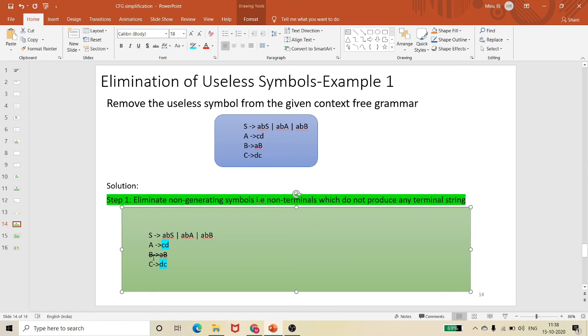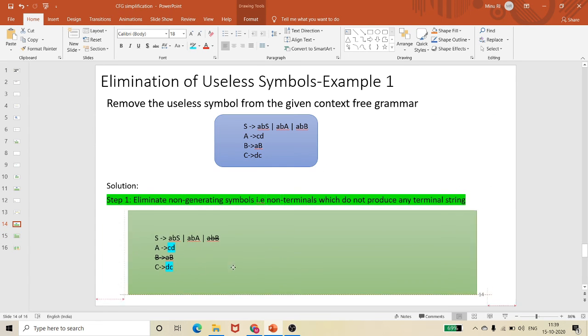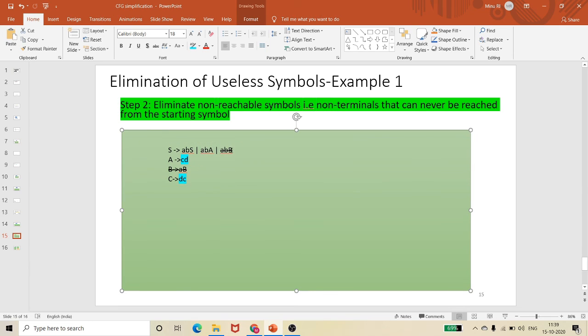So what you have to do, you eliminate that from the grammar. As we are eliminating B, wherever capital B comes, we can eliminate. So here we have a production with B, you just eliminate it. So we have eliminated the useless symbol, that is a non-generative symbol. Second thing, so this is my elimination. So let me copy my elimination. So here again, these parts are eliminated. This part is eliminated and this grammar has been eliminated.